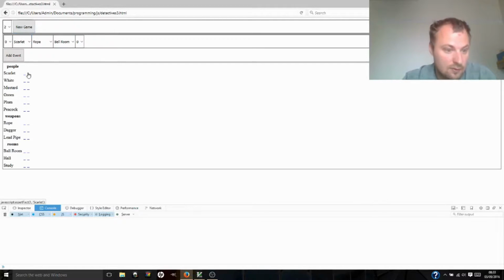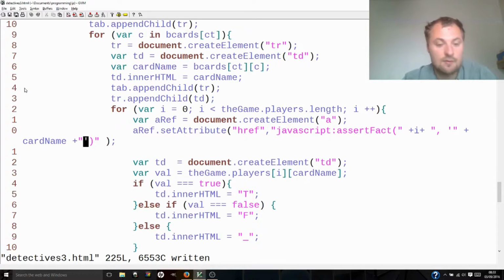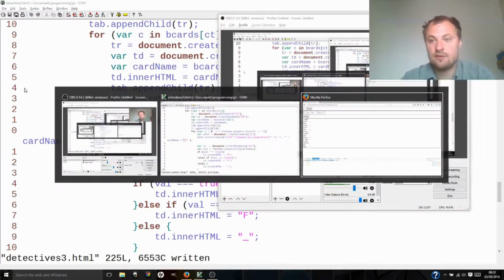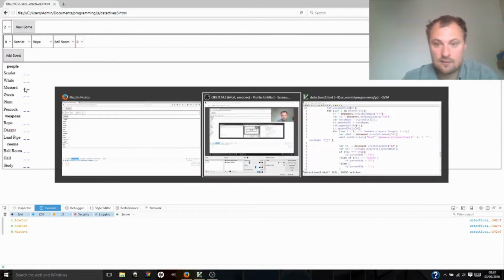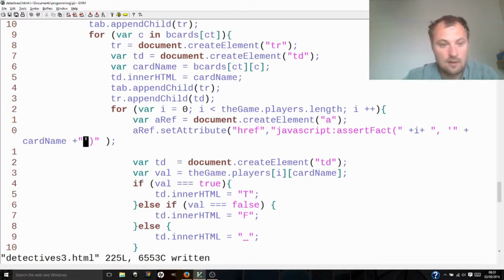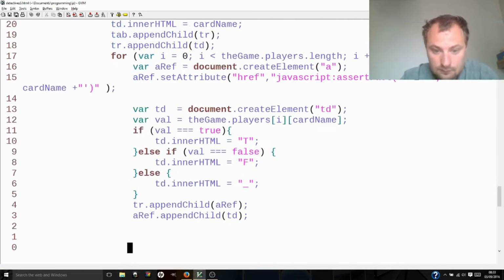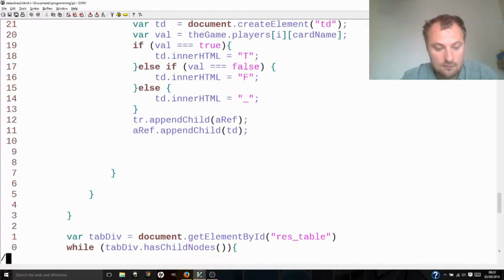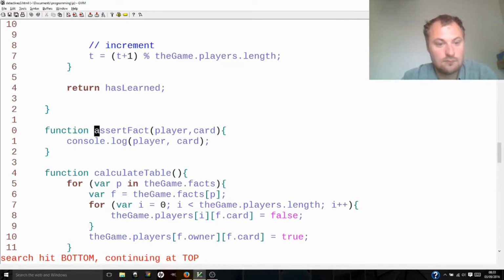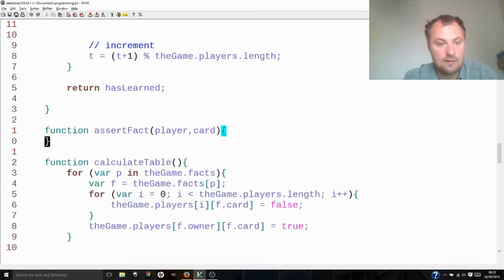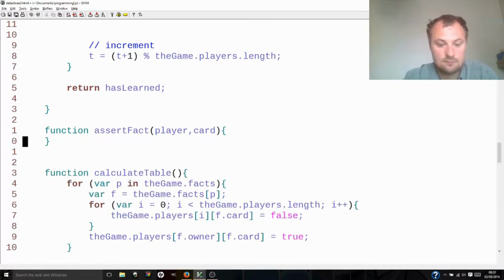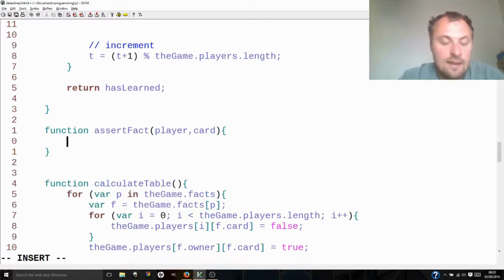And then we get a console log of 1, and then Scarlet. So that's the player number. And if I clicked here, it would be 0 Scarlet, 0 Mustard. So we've got the information we need for our asserting facts. And now instead of logging that, we can